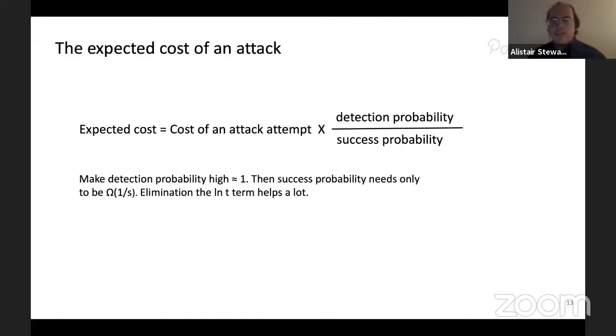If we want to boost this up, then really what we want to do is make sure that, contrary to this circumstance we had before, where the detection and success probabilities were equal, we make the detection probability much higher. So we want to make attackers commit to an attack and then probably fail. And this means if we do this, we can get the amount of security up to the number of tokens in the system. To do that, we just do 1 in S, or maybe even higher. Doing M, the total amount of money in the world, it's not unfeasible. But to get 1 in S,